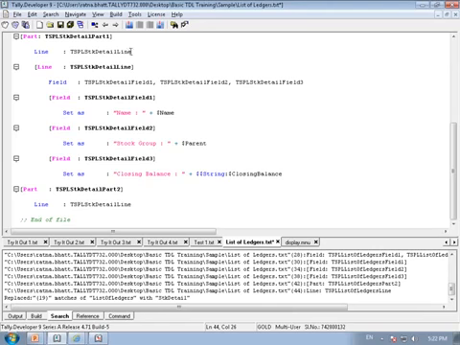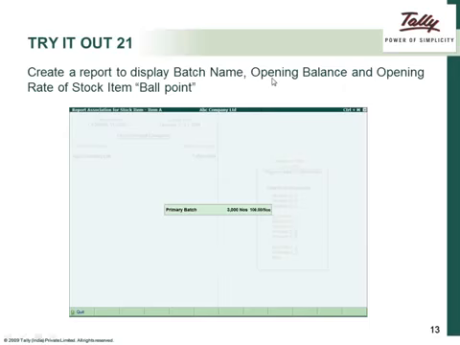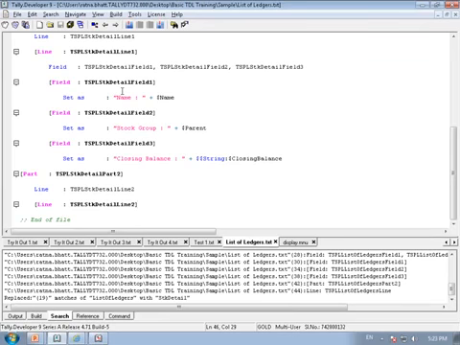Detailed line, and I'll rename these lines also because I'll be using similar line names. I'll name this as 2. Now I'll define this line. And what are the things I need to display? Batch name, opening balance, and opening rate, right? So again, I will need 3 fields. Can't I use the same fields again? What I will do is, I will use the same fields that already exist,